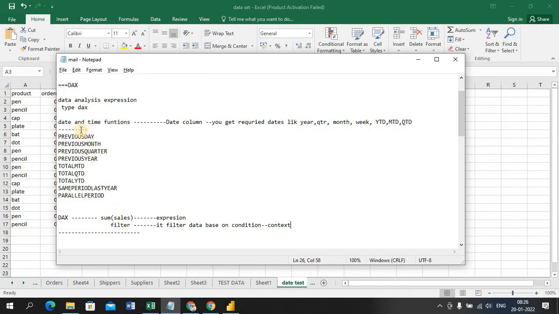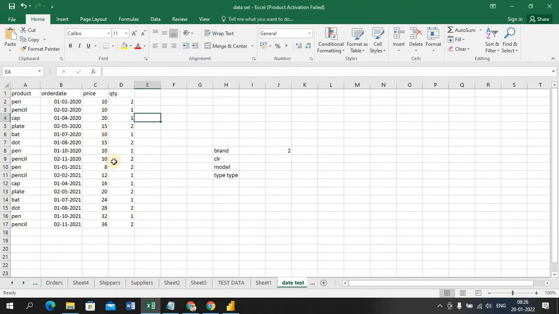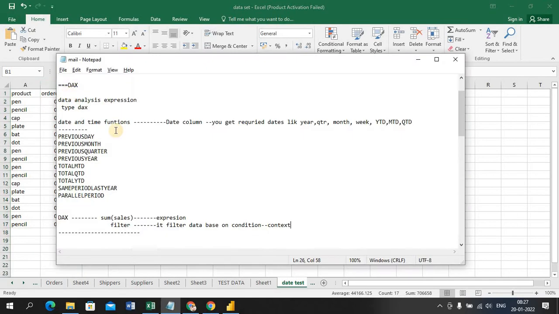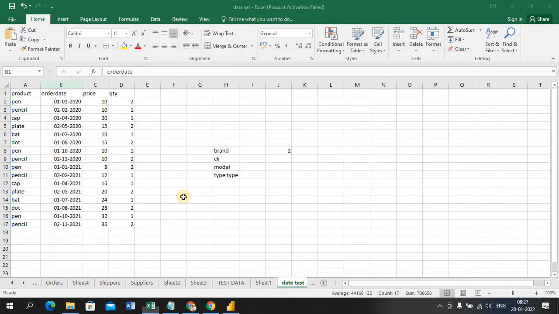Now I'm going to use date and time functions here. So I have the data, order date. All the columns are available on which we're going to perform. Since order date is there, I'm going to use date and time functions.